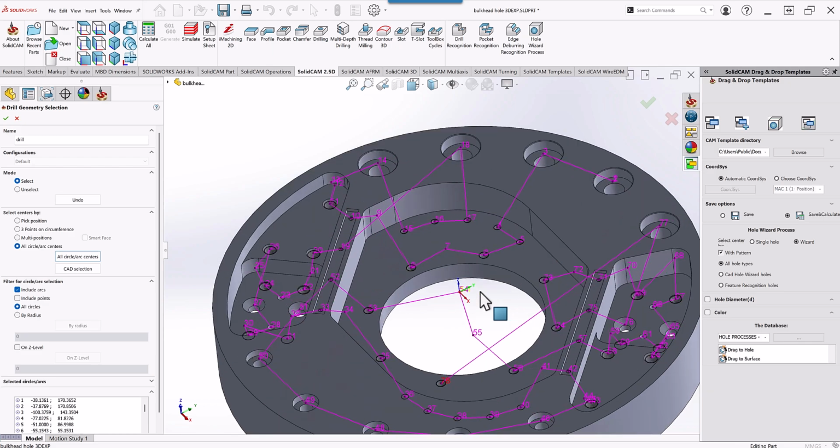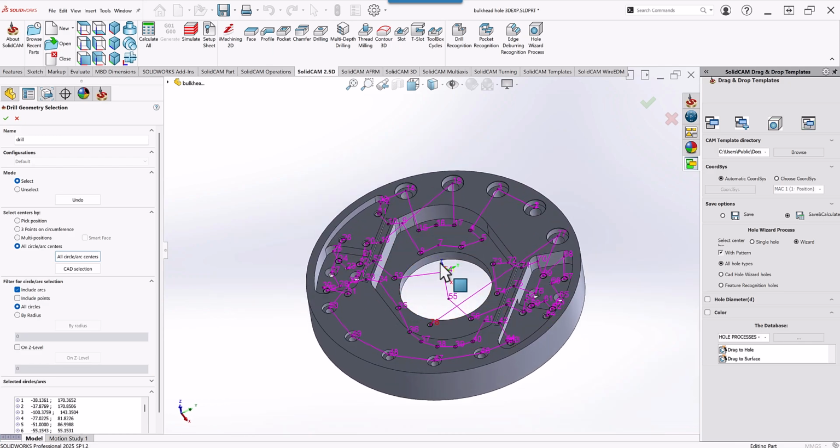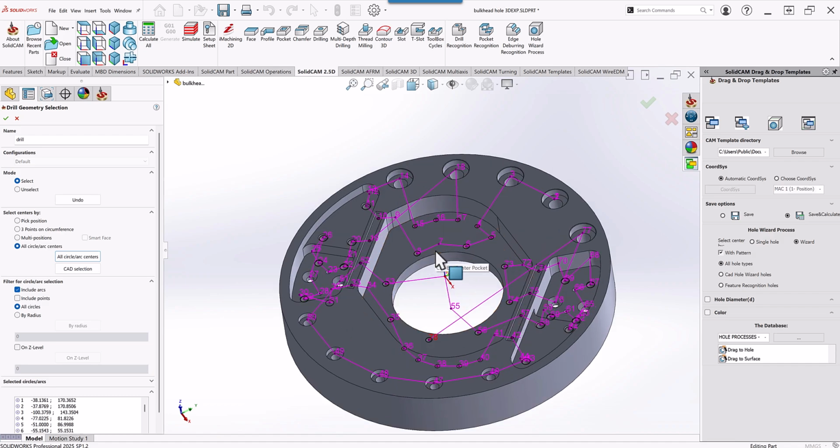Now, like I said before, you have all different levels and all different circles. You may not want to do every single one of them that way. You may just want a particular arc or particular circle size. So let's get rid of what we did by clicking on undo. And I have another filter here that says By Radius. If I click on By Radius,